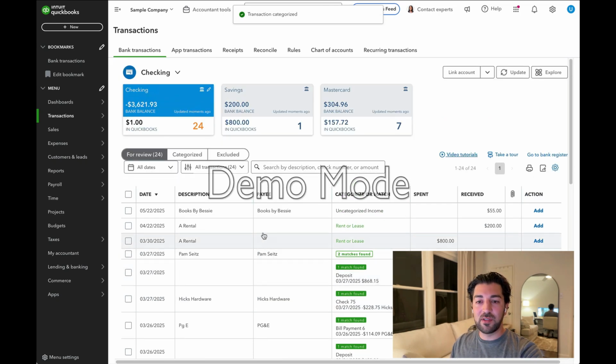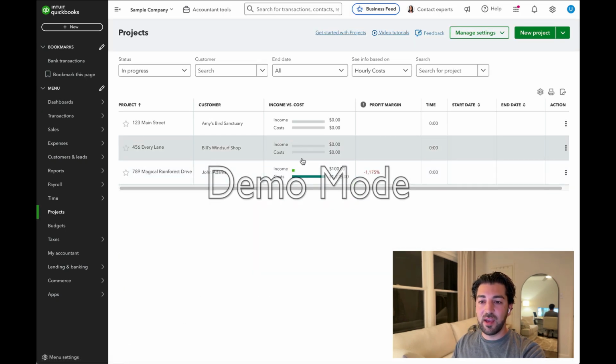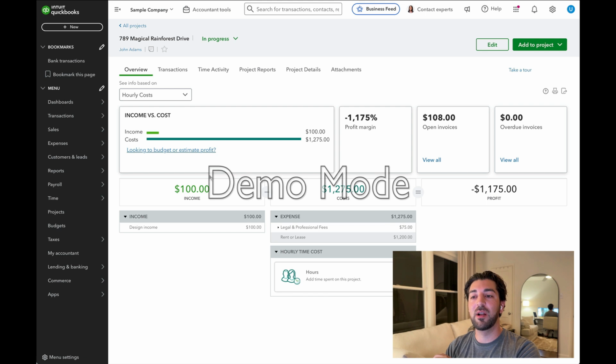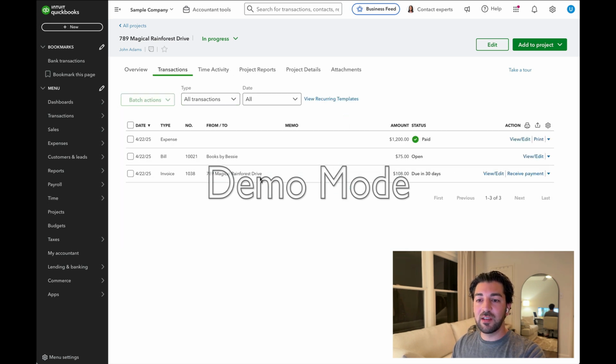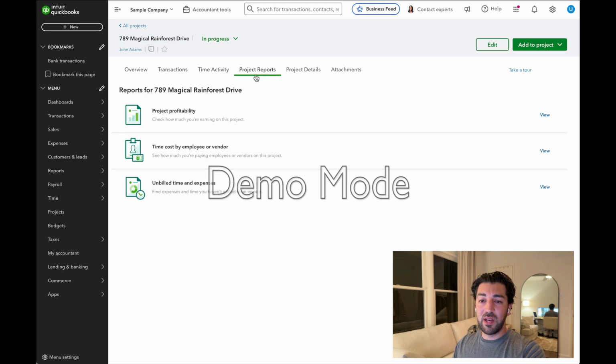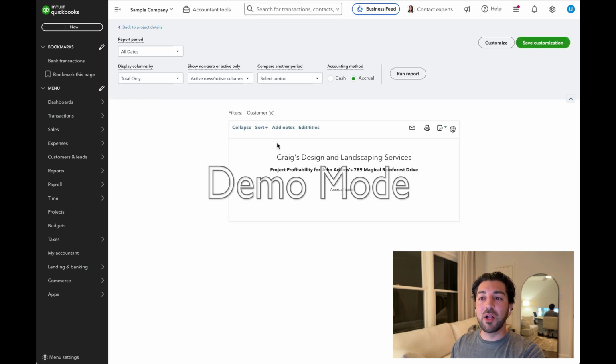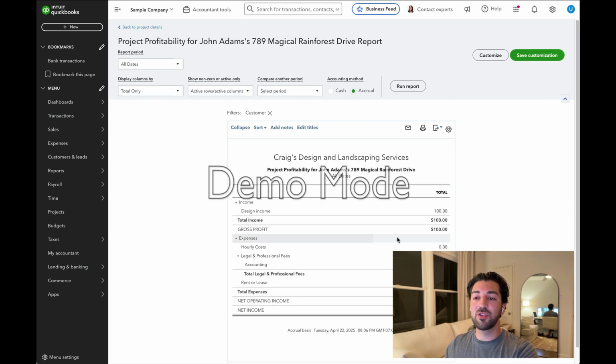So what does this do? How is this helpful? We can go back to our projects and we can see John Adams project, a really cool breakdown of your income versus cost as a summary, detail here, all the income, all the costs, and then the profit on the job, your profit margin, your open invoices, and your overdue invoices. And so it's really easy to come through here and say, okay, what are all the transactions related to the project? And we can even run a report and see what our project profitability is related to this job,